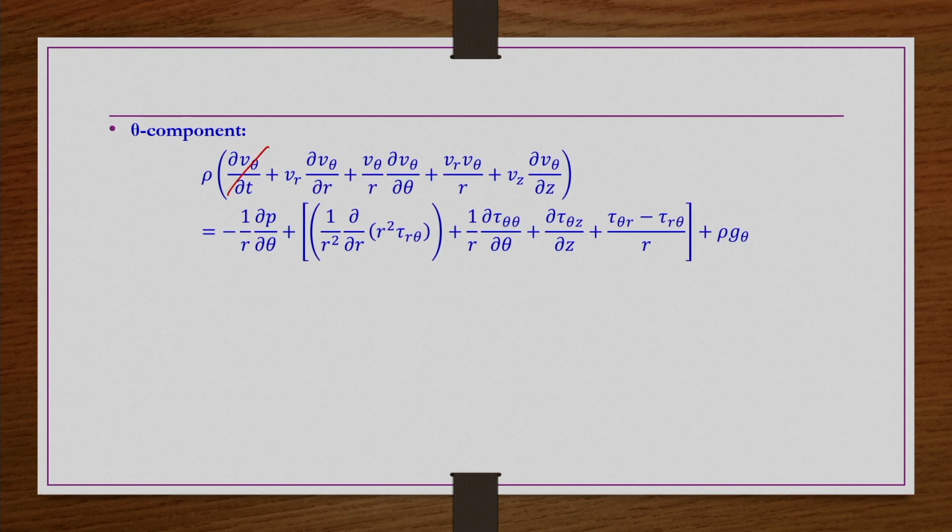So, this term is 0, Vr is not existing, V theta is not existing, and because of the symmetry this term is also 0. So, Vr and V theta both are 0, Vz is not 0, but because of the fully developed flow, dou by dou z of any flow variable is 0. Fully developed flow in this case, flow is in z direction. So, dou by dou z of any flow variable is 0, that is only for the flow variables, not for the scalars like pressure and temperature,